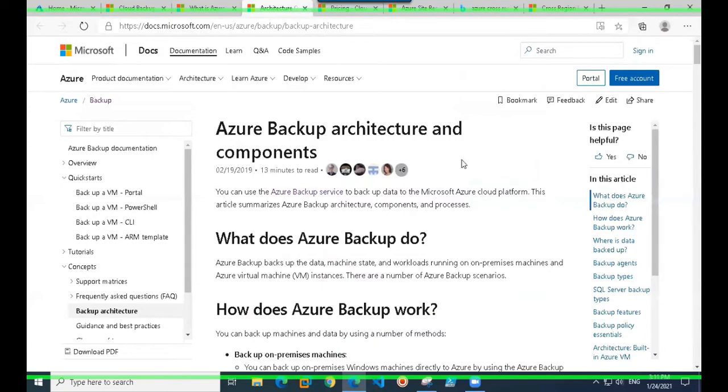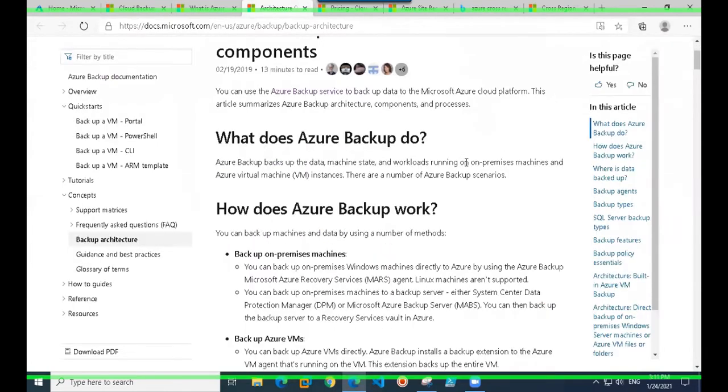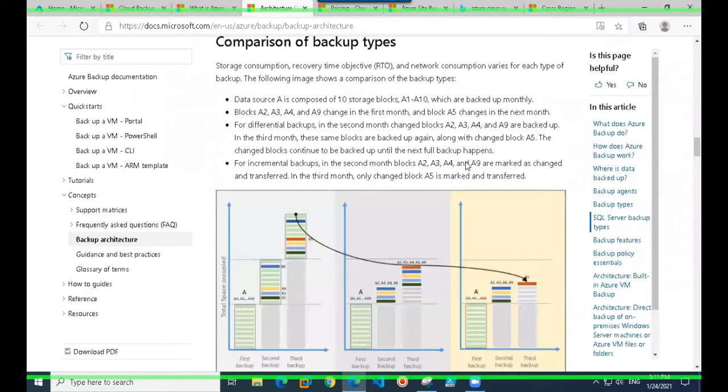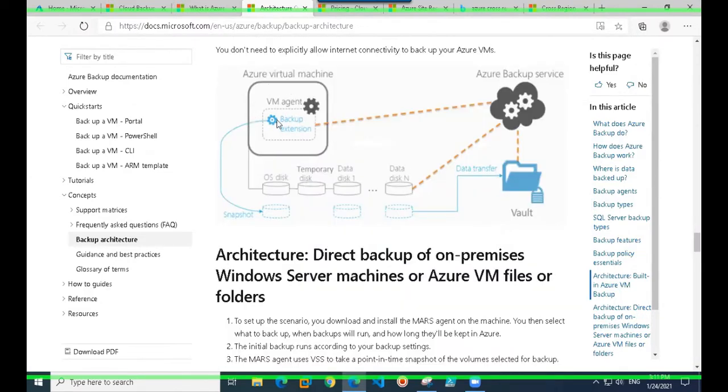Now let me cover the architecture part briefly. From the architecture perspective, this is your VM on which you have your VM agent installed. This is the Azure Backup service, and this is your vault. Once you configure your VM with Azure Backup, it would install a backup extension if it's an Azure VM, regardless of whether it's Linux or Windows.